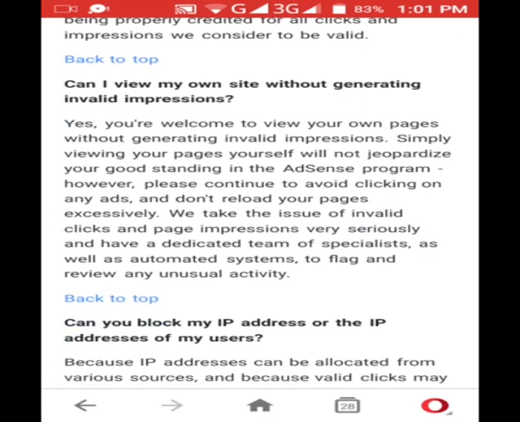Can I view my own site without generating invalid impressions? Yes. The question is, can I view my site without generating invalid impressions? Yes. You are welcome to view your own pages without generating invalid impressions. Simply viewing your pages yourself will not jeopardize your good standing in the AdSense program. However, please continue to avoid clicking on any ads. So the main point is you have to just avoid clicking on your own ads,